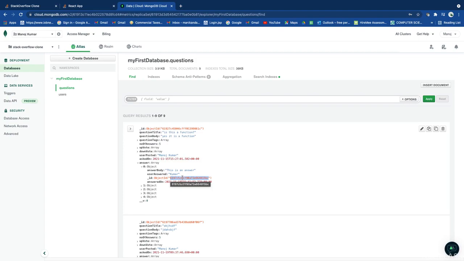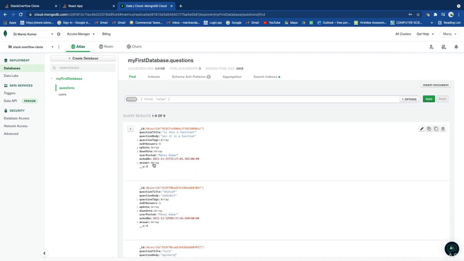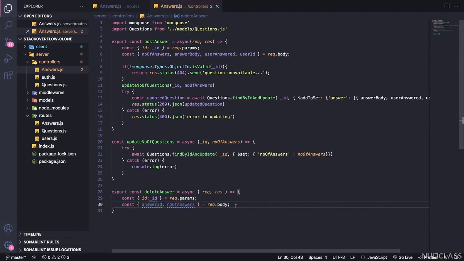So this object id I'm just going to get from the front end, and I'm just going to use this specific id to delete this specific object from the answer array. So that's what I'm gonna do. So in here, after retrieving that from the front end, we will check first this id is a valid